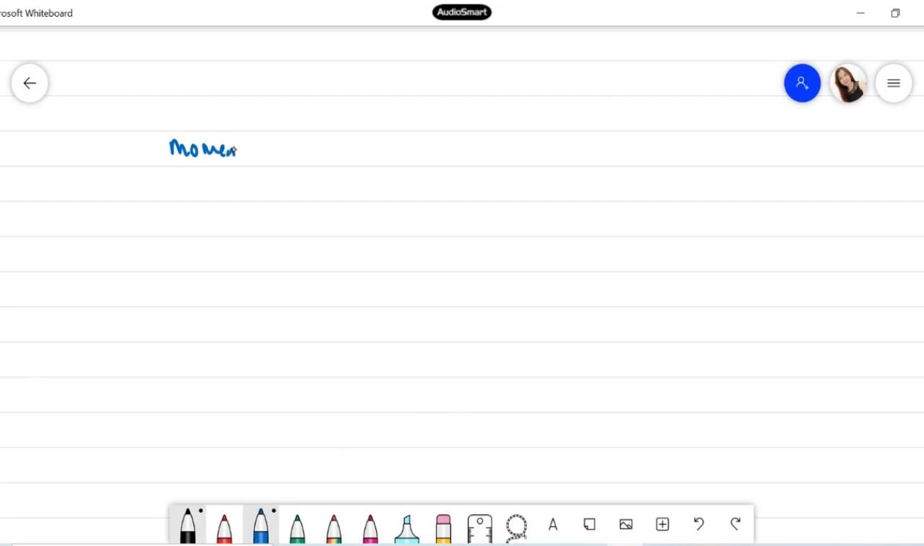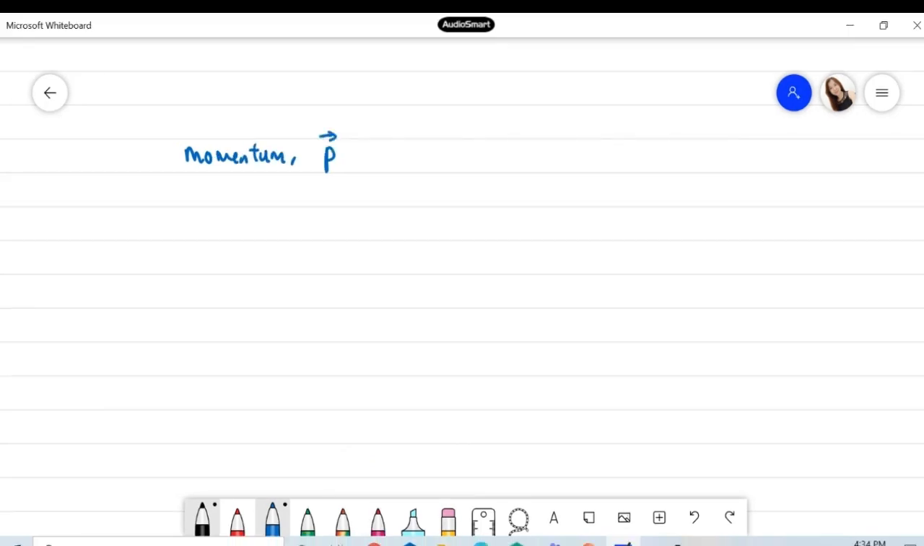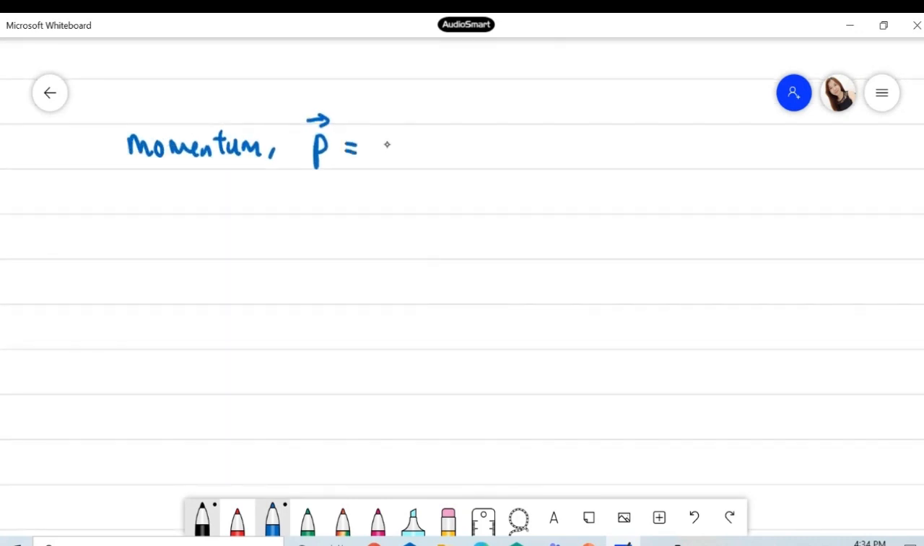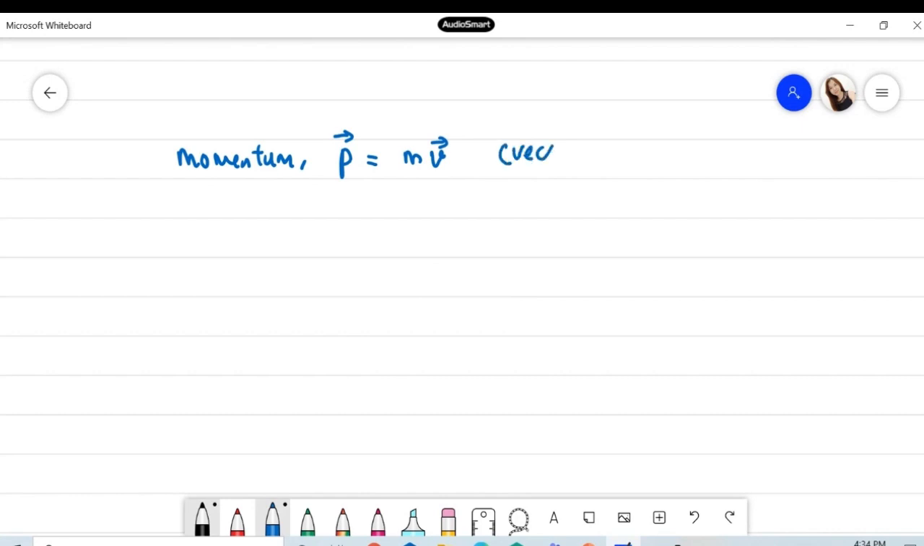Momentum. The symbol is P. It is a vector, so I use an arrow to represent it, right? This is a vector, and it is a product of mass multiplied with the velocity. It is actually a vector quantity. And the SI unit for momentum is kilogram